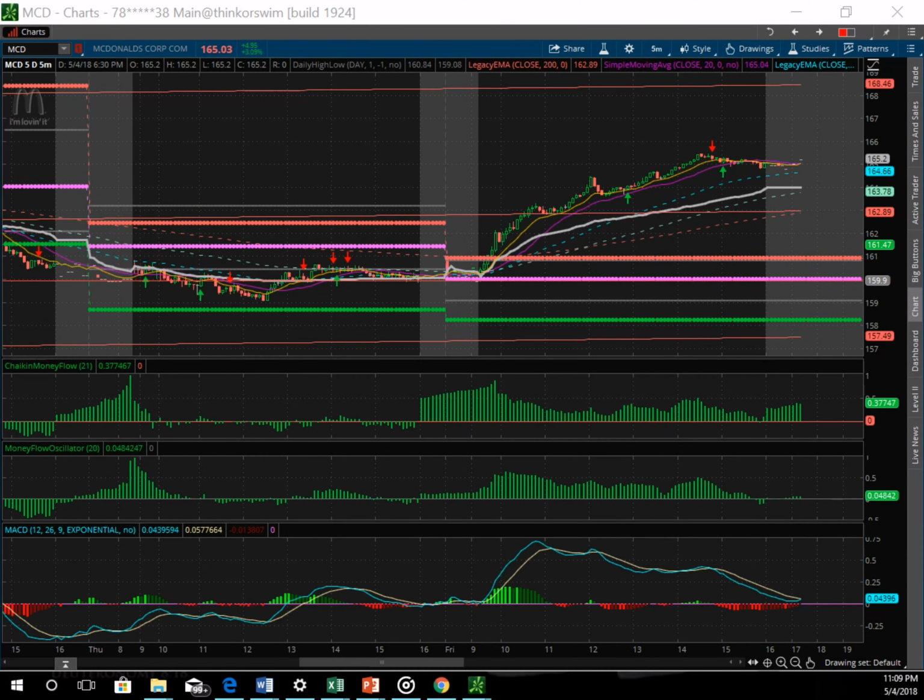So starting off with McDonald's, first and foremost, the one thing that we want to see on a 5-to-1 trade is previous day's consolidation. And as you can see, yesterday on Thursday, which was the third, McDonald's did consolidate a good portion of the day. That consolidation gave us a doji on the daily chart. But as it pertains to the 5-minute chart, when we go into today, we can see that McDonald's had our standard gold merit setup. All of your moving averages are tightly compressed together, and it was that way throughout the night and into the morning. The 200-day moving average ran right into the merit levels, so I would consider that to be a threesome. When you have a pivot point, daily high, and a 200 together, and a break above that, that's a threesome